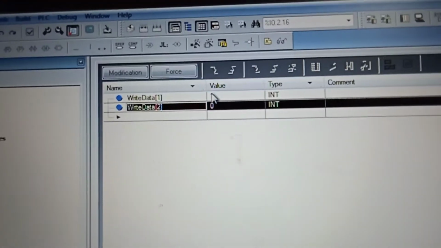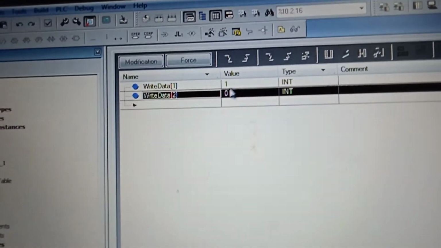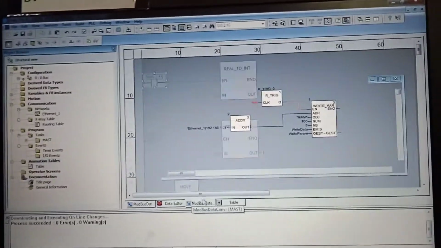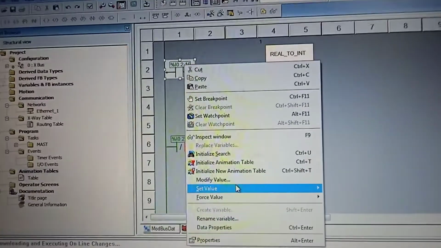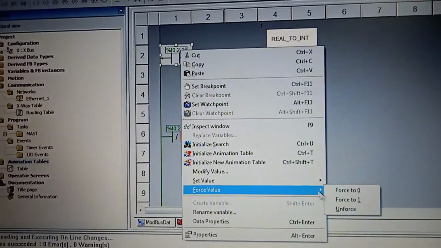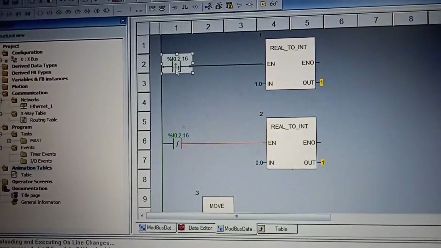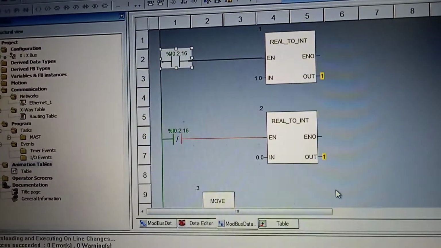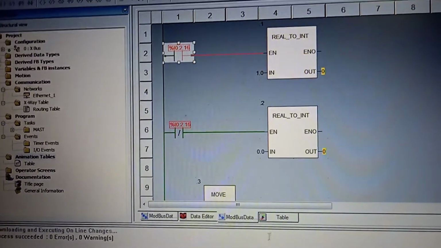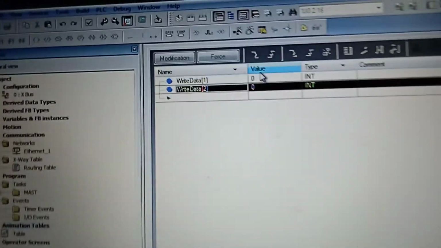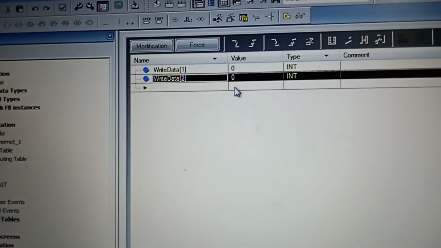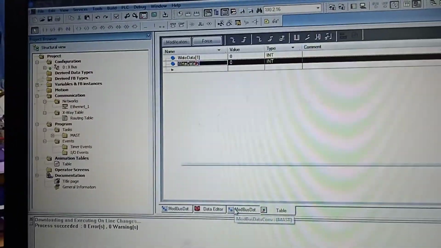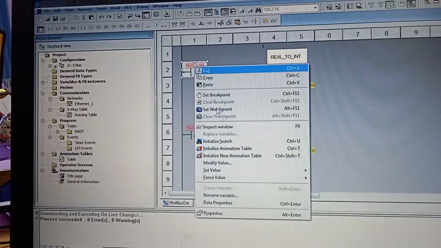Once that particular pin is high, it will transfer 1, and if it is 0, now it is 0, so you see it is transferring 0. In a similar way, this will work for the analog IOs also. So let me unforce it.